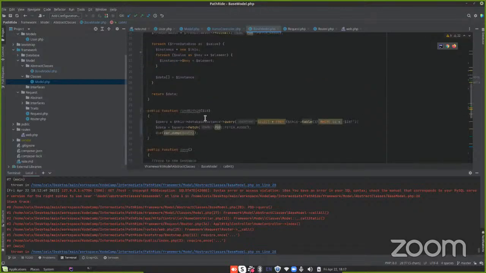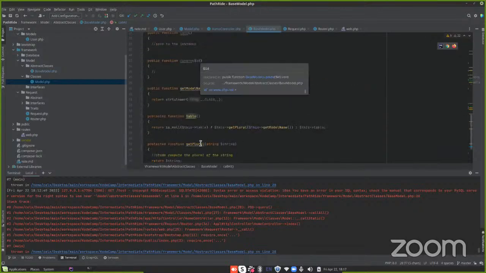Okay, so this is loading the actual whole class, instead of just loading the table, but then I think